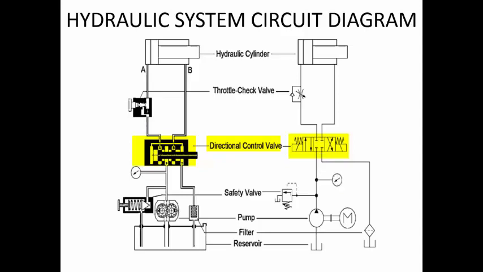From the direction control valve, the flow goes into a throttle check valve. Throttle valve means it will control the flow rate. Check valve means it will allow the flow in only one direction. In the opposite direction the flow will not be allowed. So when the fluid from the pump is trying to enter the piston side, it has to pass through the throttle valve, which means a restricted passage. So you get some kind of throttling activity, that is a speed control activity.